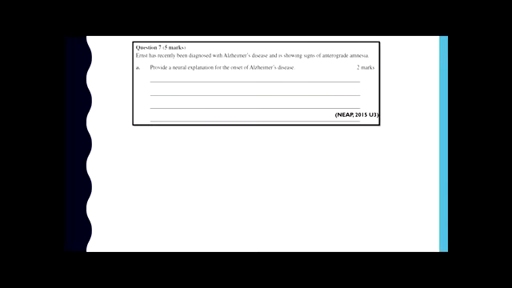Ernst has recently been diagnosed with Alzheimer's disease and is showing signs of anterograde amnesia. Provide a neural explanation for the onset of Alzheimer's disease. So, how would you go about answering a question like this? Does anyone have any idea how we might start a question like this? Like start with